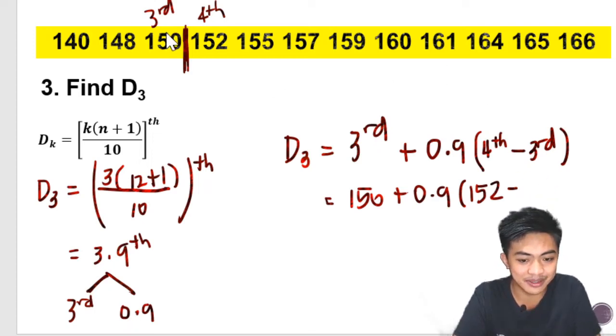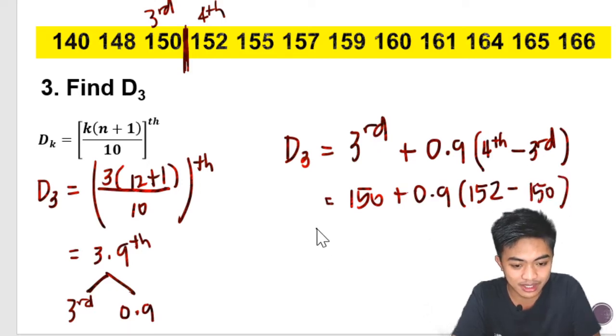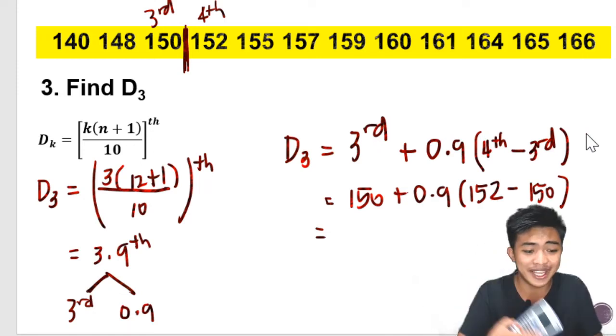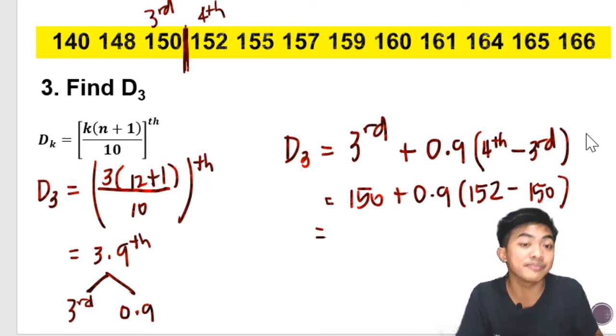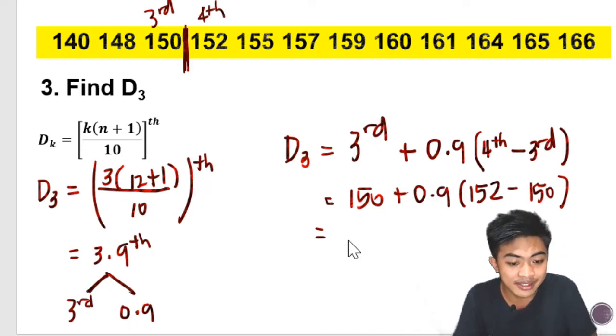Okay, minus the third number, which is 150. And then we solve for the result. I'll just use my calculator para mas madali at mas mabilis. The final answer here is 151.8. The third decile is